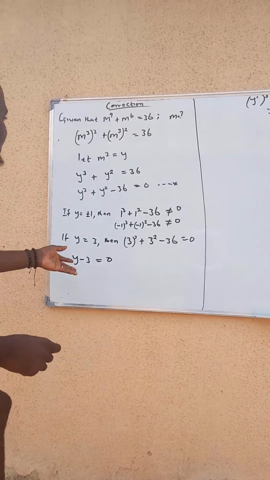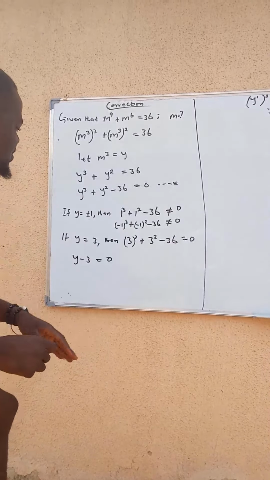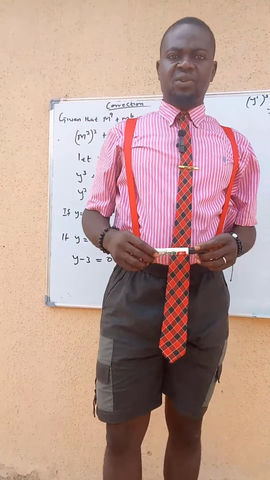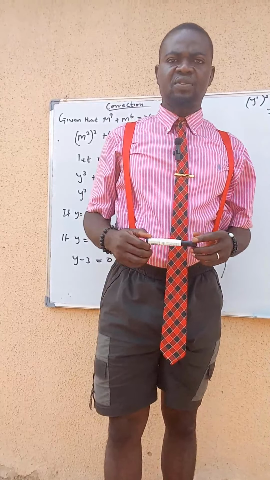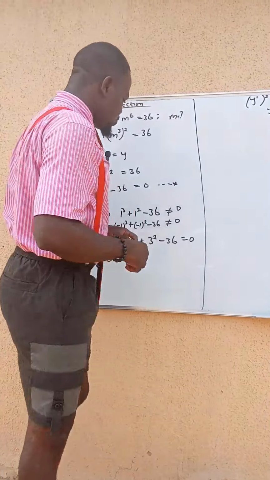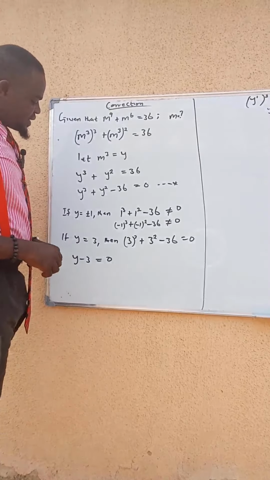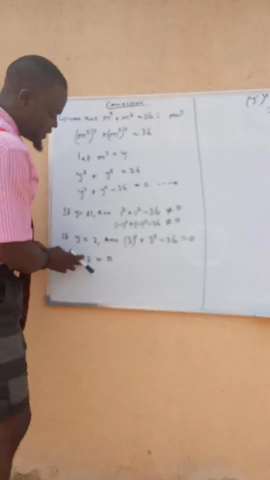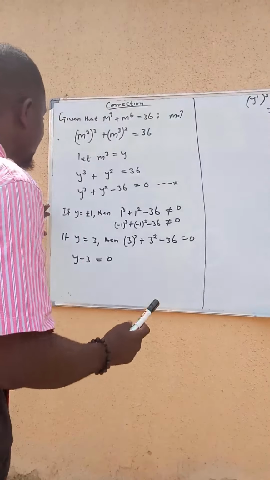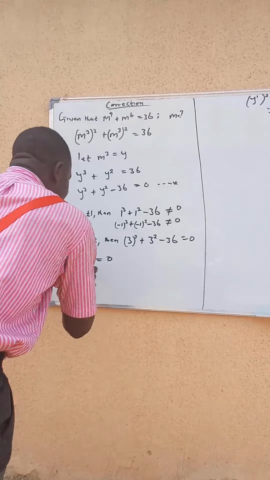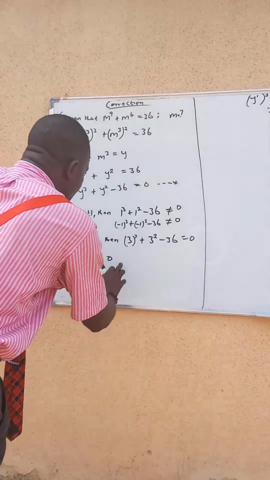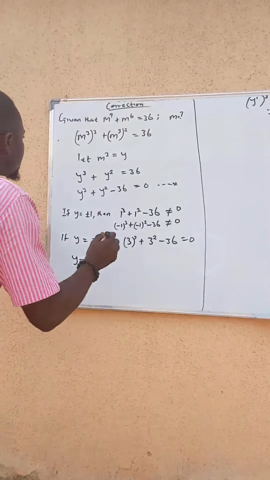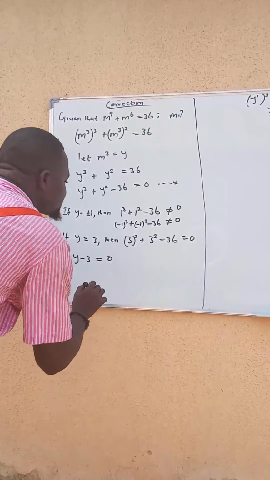Now, if I have this, for me to solve further, because I'm not yet done, I have to use division. For me to use this, I'll use this factor for the division. But from here, I know that one value of my y is 3, because y is equal to 0 plus 3. But I'll continue before I start finding the others out. Now, for me to use the division,